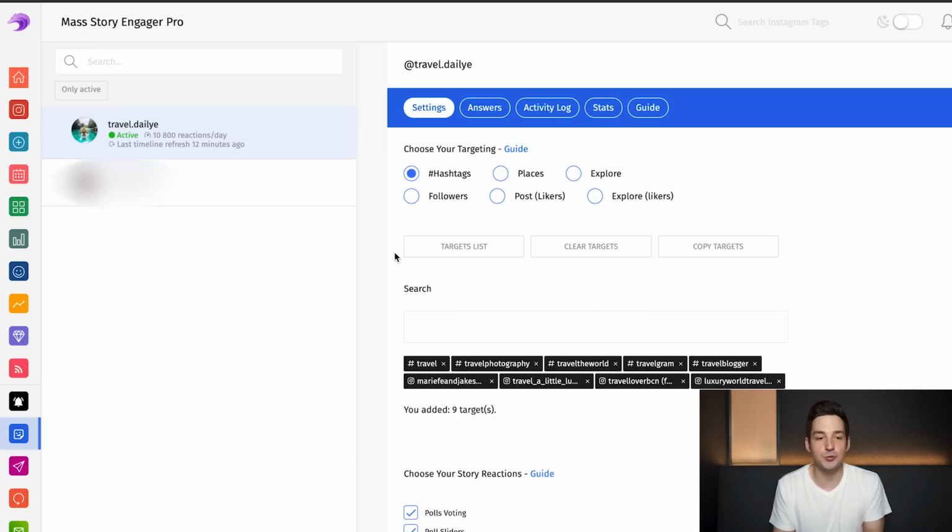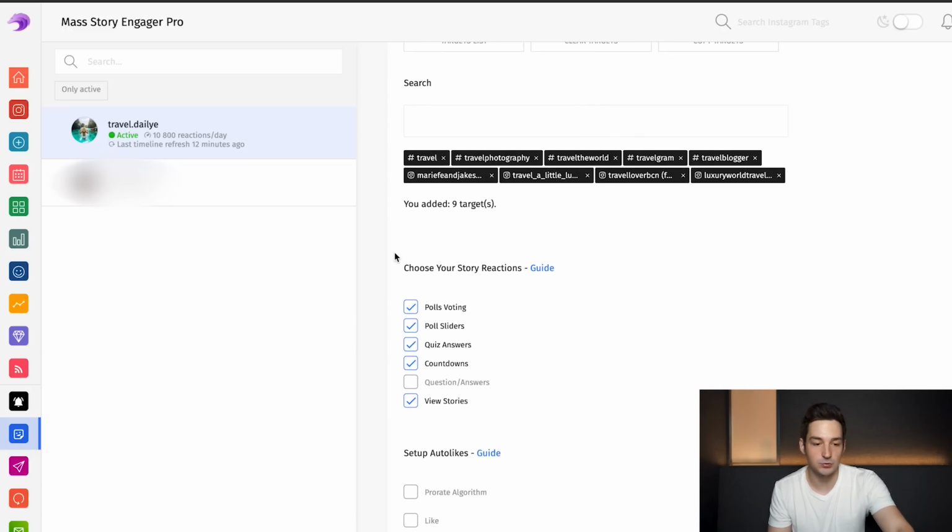The way they let you do this is they let you choose certain hashtags, places, followers, meaning the people who follow certain people, and people who liked certain posts on the Explore page. That way you only engage with people that are highly targeted. They let you do all of this stuff like polls, voting on stories, poll sliders, quiz answers, countdowns,